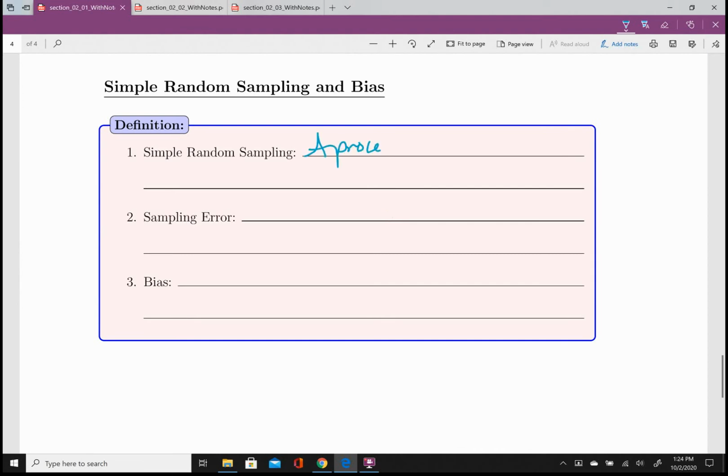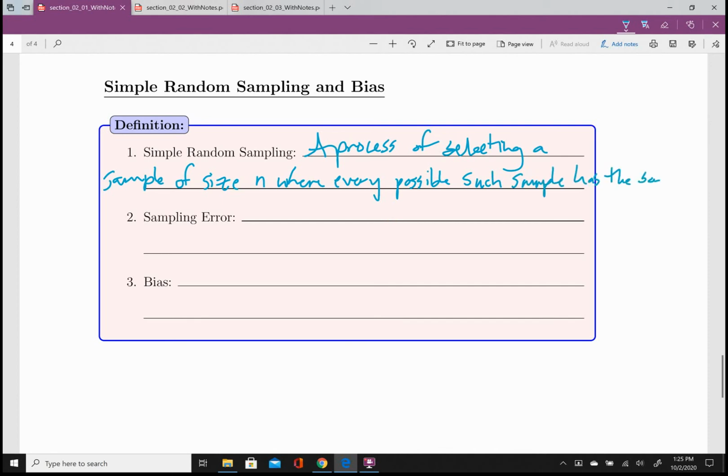Process of selecting a sample of size n, where n is just some natural number, where every possible sample has the same chance of being selected. And since I'm a little wordy with my definition there, I'm going to go ahead and change the color so you can distinguish this definition